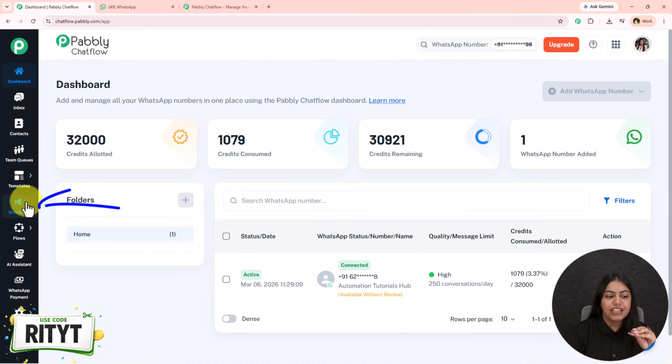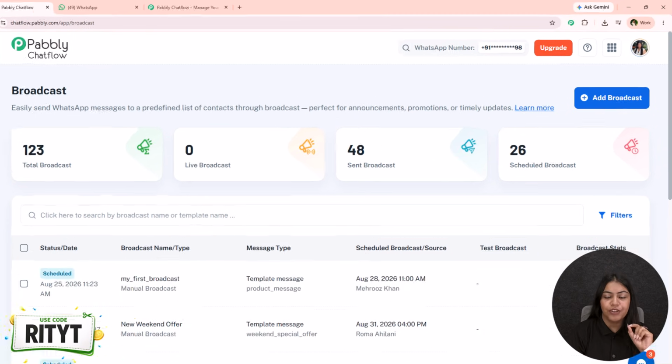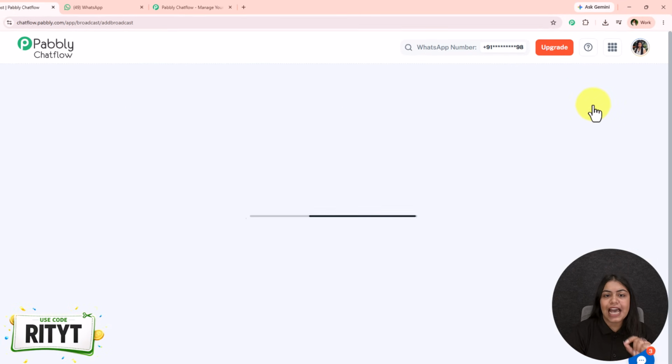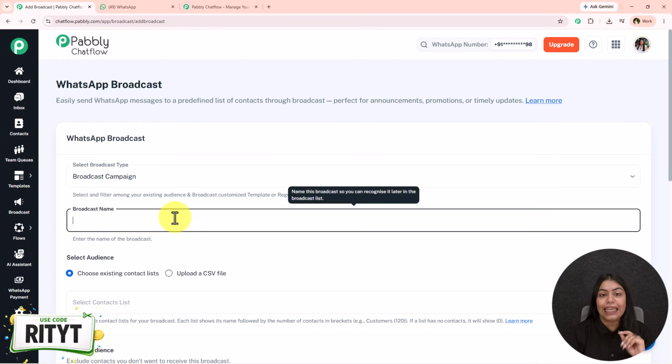Now from the left hand side, you have to come on this broadcast section because sending bulk WhatsApp messages can be done from this section only, and then click on this add broadcast button. Now select the broadcast type as broadcast campaign and name your broadcast. I'm just going to name this as new offer, and then I'm just going to move on further right over